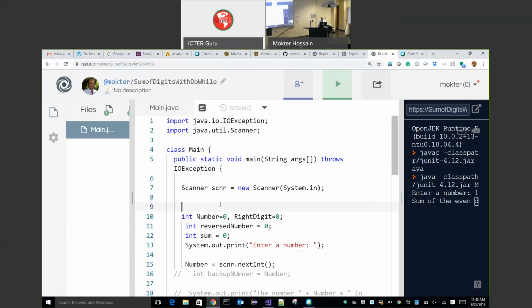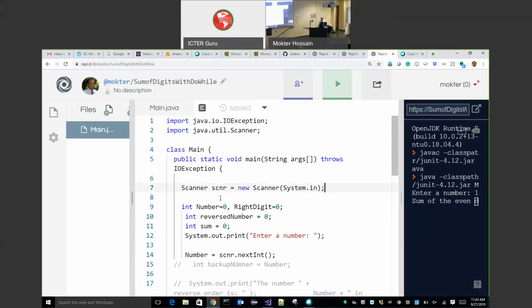That is the reason programs use throws Exception, IOException, input output exception, or we need to put try and catch. Exception handling is an important thing, but you will not learn that in this course. You will learn that in 1322. For now, just remember if you use a Scanner, then you need to use throws this.